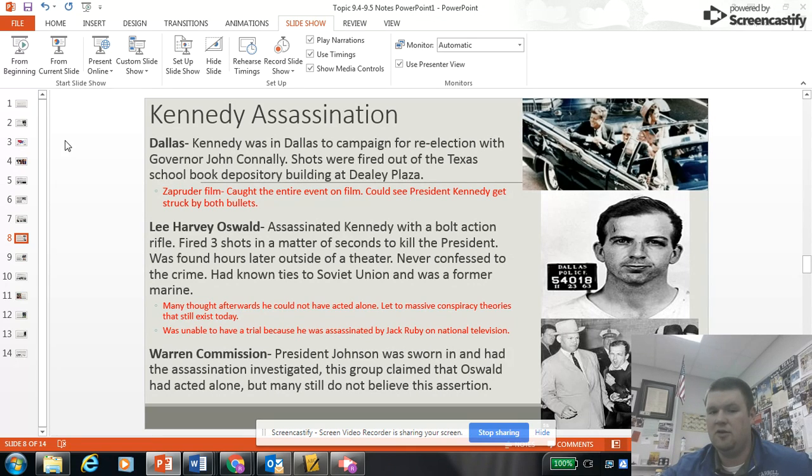And the Warren Commission produces the Warren Report, hundreds of pages of documentation of what happened on the day where Kennedy was shot and killed. And they come to the conclusion that yes, Lee Harvey Oswald acted alone, and that there's no conspiracy involving President Kennedy. This hasn't quelled the conspiracy theorists either.